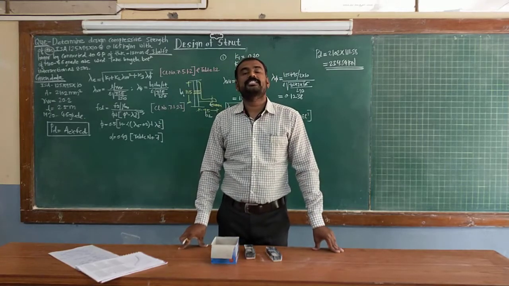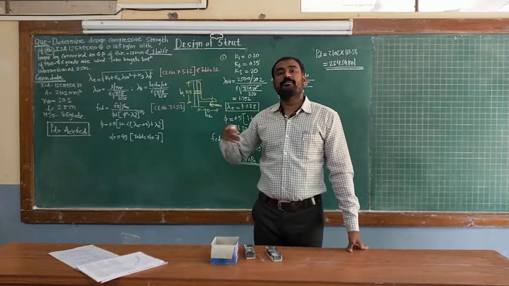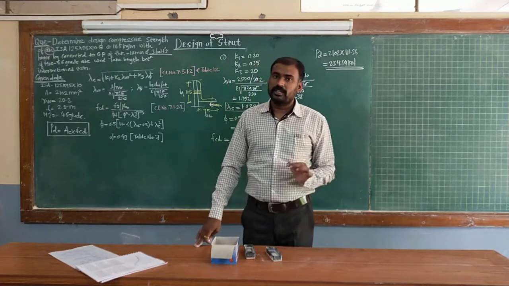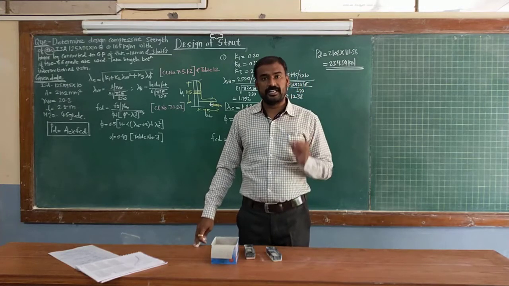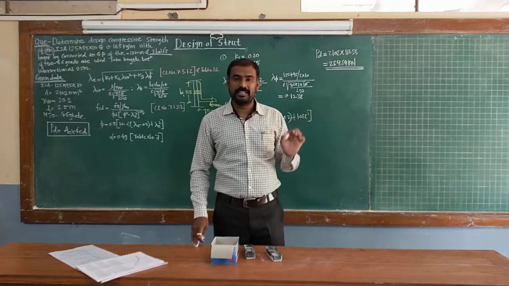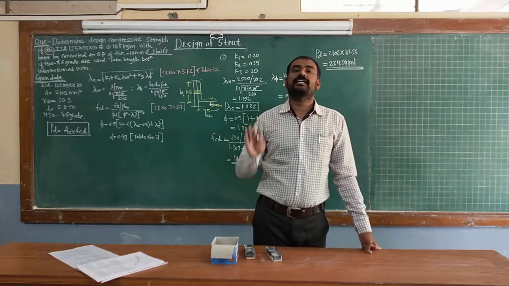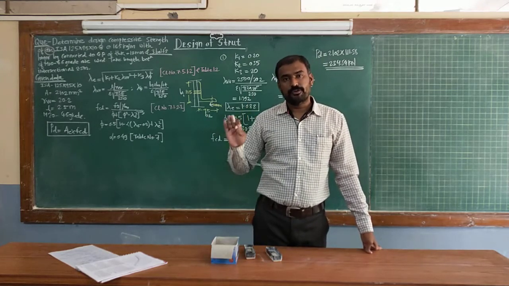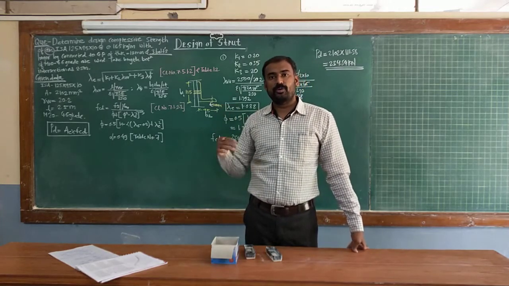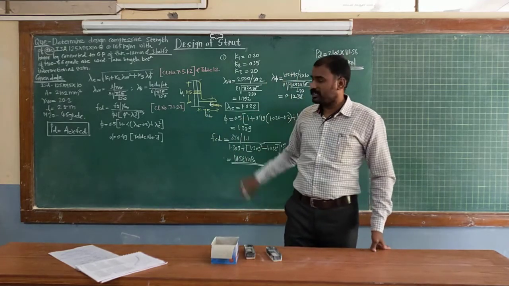If it is a single angle section, you follow the procedure of lambda equivalent that is given in this particular numerical. If it is a double angle section, in that case you need to calculate the least radius of gyration. Based on the least radius of gyration you calculate the maximum slenderness ratio, and for the given slenderness ratio and buckling class, adopt the particular table 9A, B, C, D according to the buckling class. Usually for an angle section the buckling class is always C. So from the calculated slenderness ratio you calculate the FCD value, and area multiplied by the calculated design compressive stress FCD gives the design compressive strength. So here the numerical is completed.